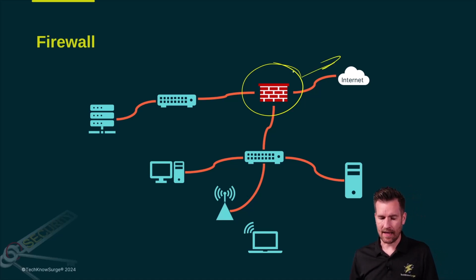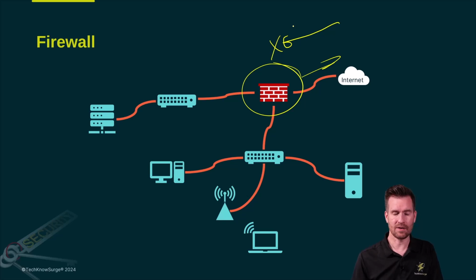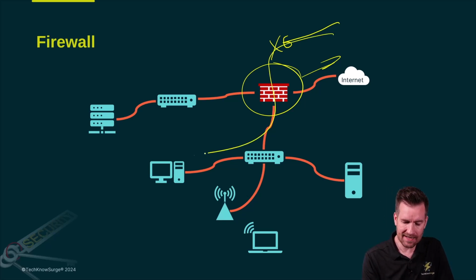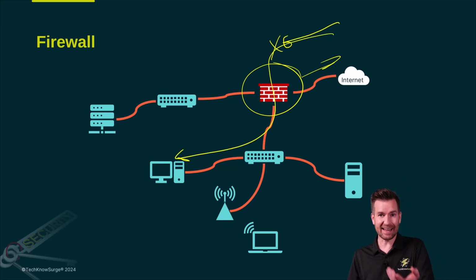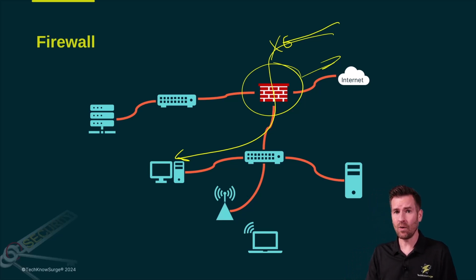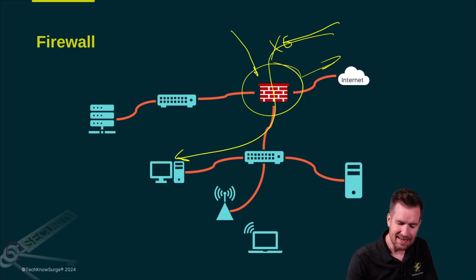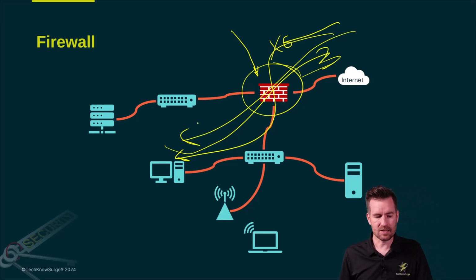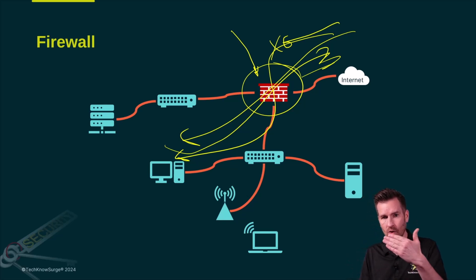And so how does it do that? Well, one, it blocks traffic from coming into your network, but it can't do just that. Because obviously, if I'm going out and asking for a web page, that web page needs to come back into the network, since I requested it. So for that reason, the firewall is the thing that makes the decision on what it's going to let out of the network and what it's going to let into the network. And so that's a firewall's job: the security point that allows or denies traffic